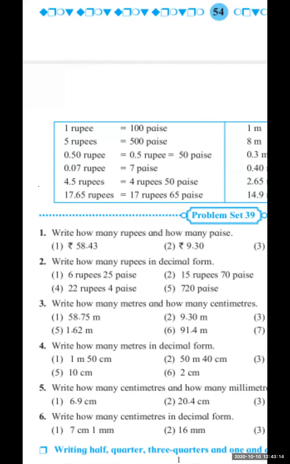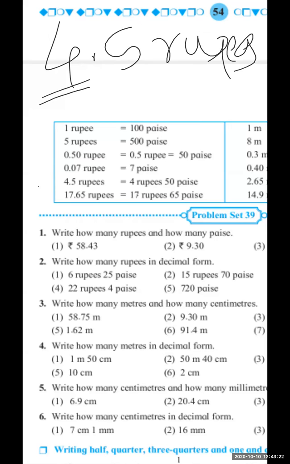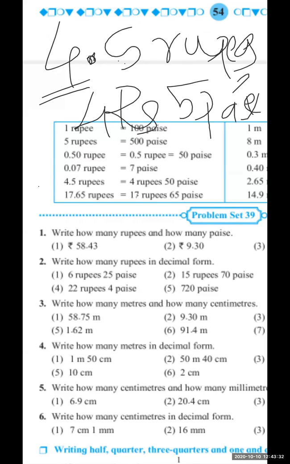देन 4.5 रुपीज. 4.5 rupees. So students, here 4 is a whole number, so 4 rupees, and after decimal point 5 is there, so 5 पैसे. तो समझ में आ रहा है? So 4 ये whole number हो गया, तो 4 क्या आएगा? रुपीज आएगा. And after decimal point 5 is there, तो 5 क्या आएगा? पैसे आएगा. करेक्ट. 5 after 5 you can write 0, तो 50 पैसे भी हो जाएगा. ओके. So 4 rupees 50 पैसे.